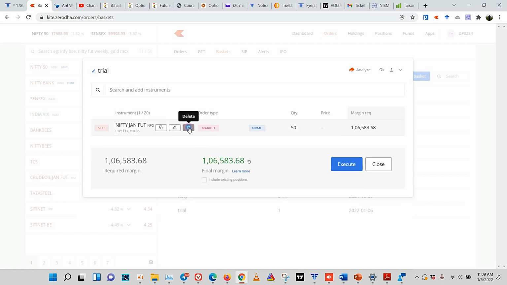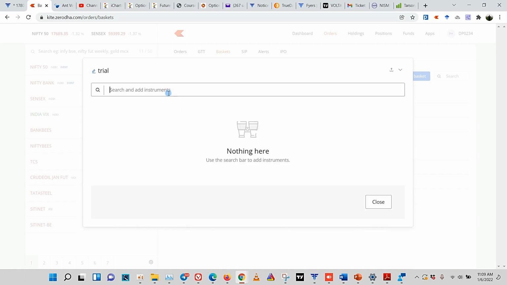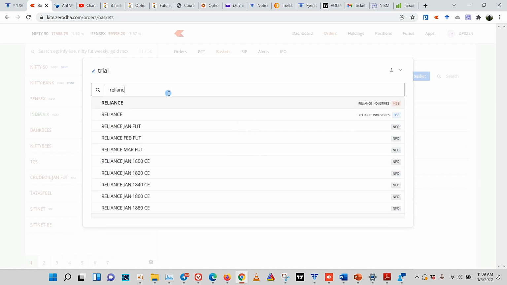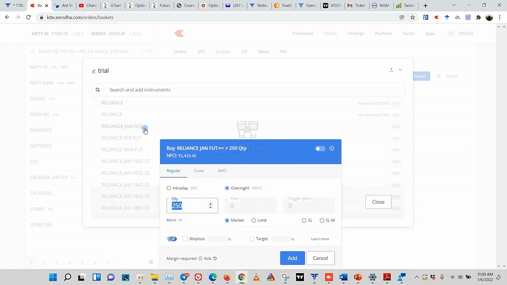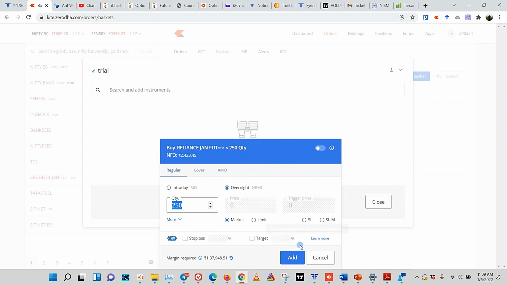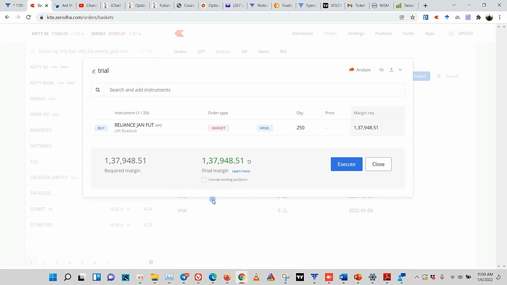Now let us check this for stocks. Suppose we want to go long in Reliance. Margin required for Reliance is 1,38,000 to go long in one lot. Now if we hedge this position,